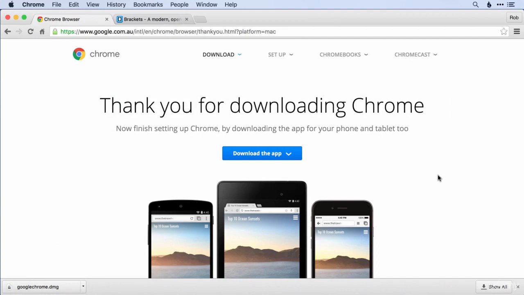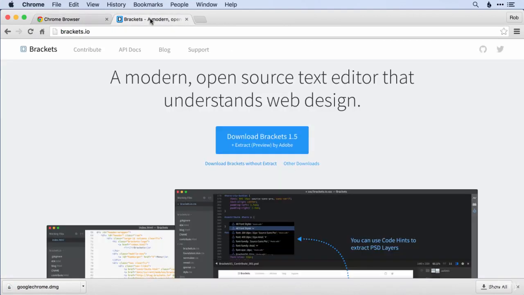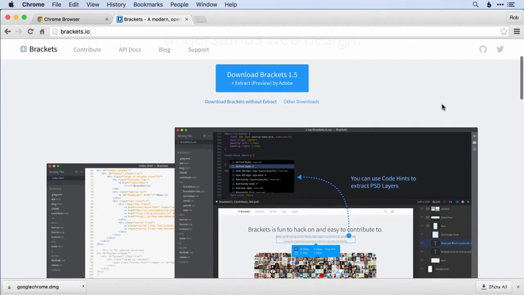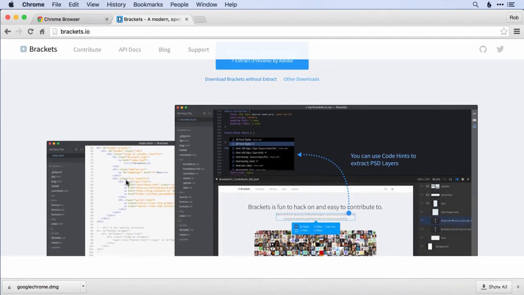Alright, so now you've got Chrome up and running, we're going to install our second bit of software, which is called Brackets. And this is our text editor that we're going to be using very much to edit text. So you can see what it looks like there. We've got some very nicely indented and colored code there,